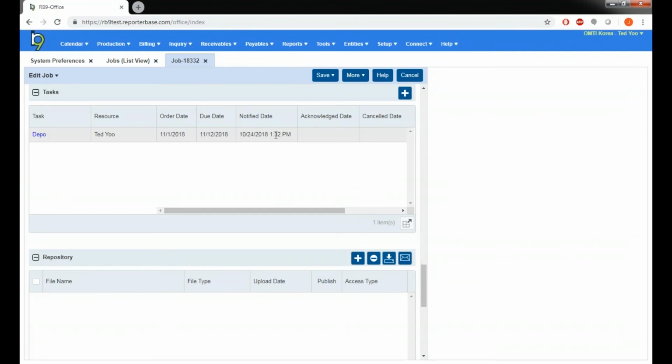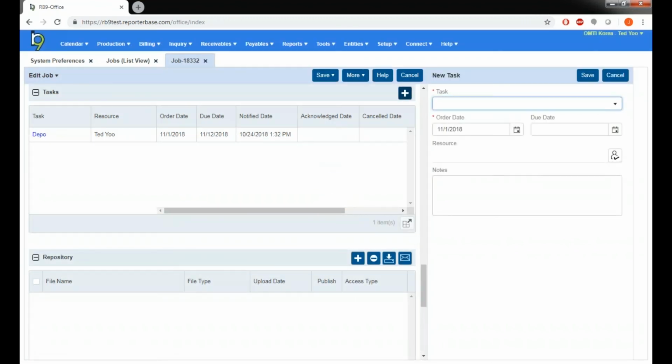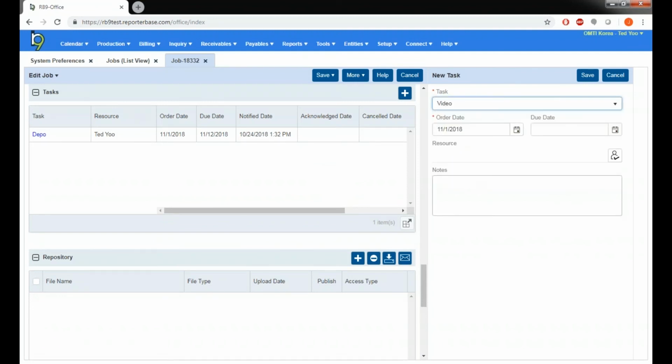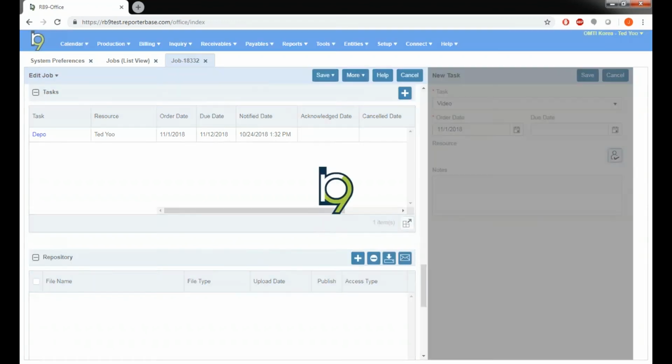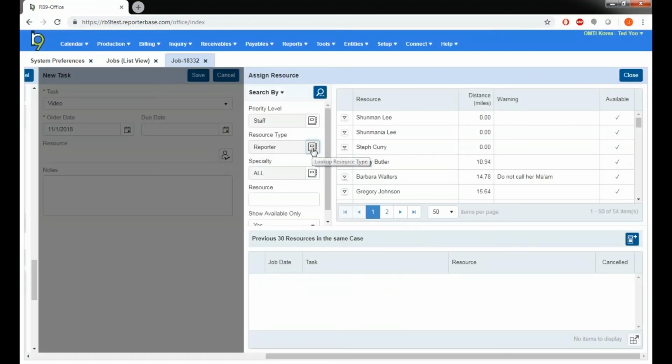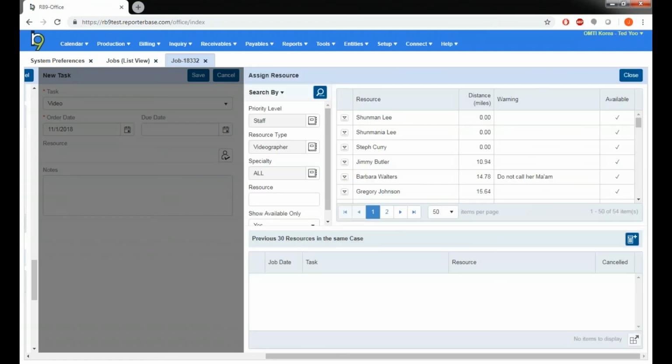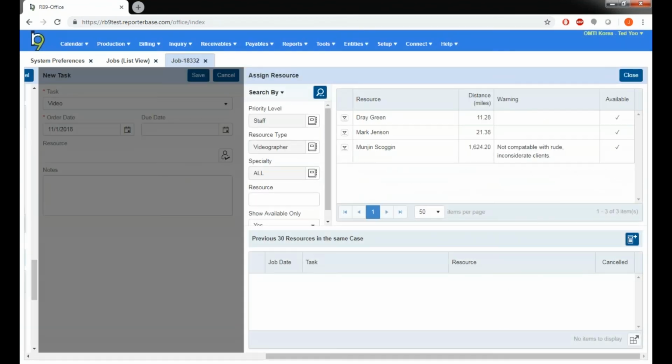So this job is a depot video, so we need to add a second task. So we have the depot portion there. So let's click new again to the right. And now let's assign the task type to video, because this is a videographer. And let's go ahead and assign another resource. And we're going to search for resource type videographer this time instead of reporter. We'll assign our resource,